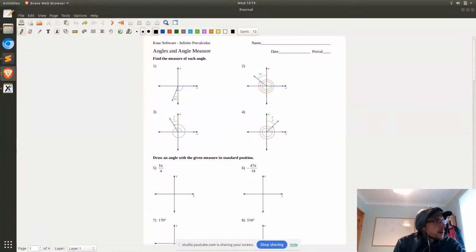And we're opening up by looking at angles and measure. I don't need these earphones in. Anyway,